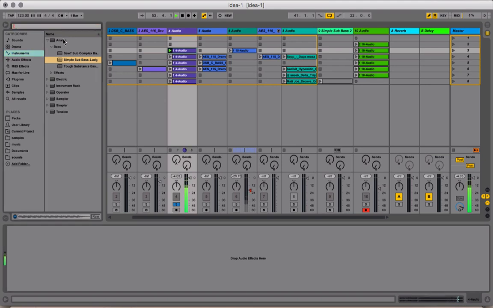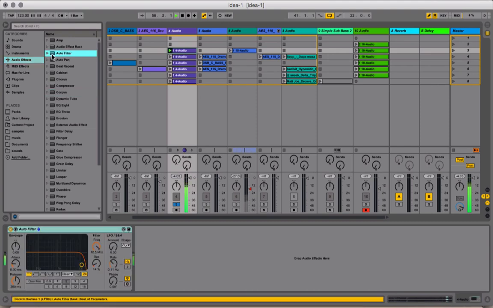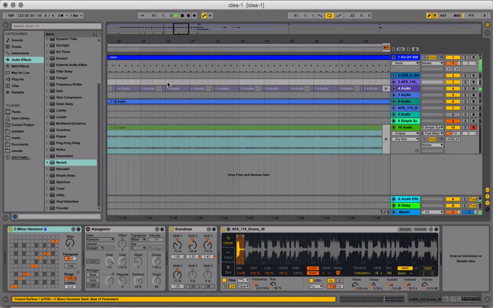And in this sound, there's something that I want to cut off, so I'm going to put an auto filter. That's better. Send to reverb. Now with reverb, usually what I want to do is I'll put a reverb in send so that the reverb is pretty much the same thing for the entire song. So now I'm going to add my